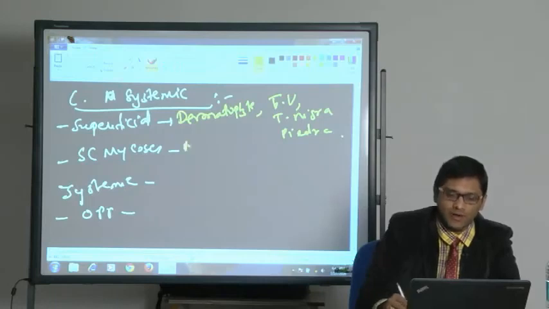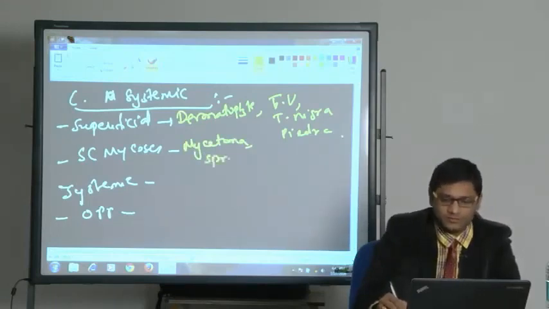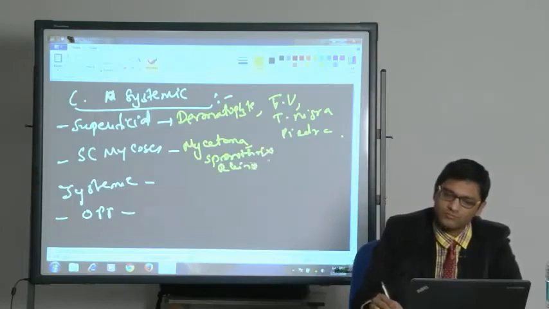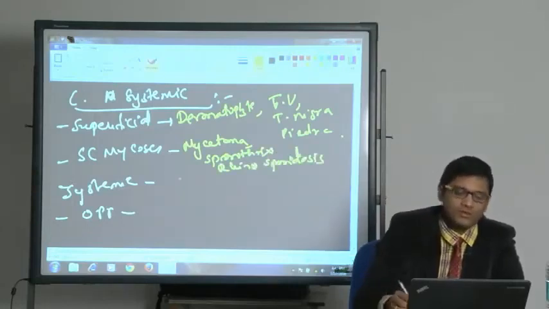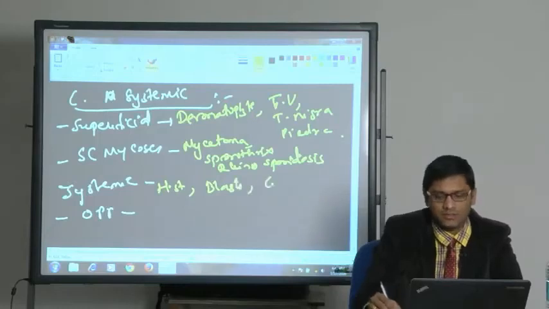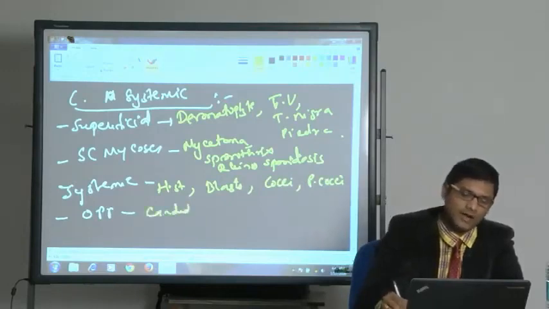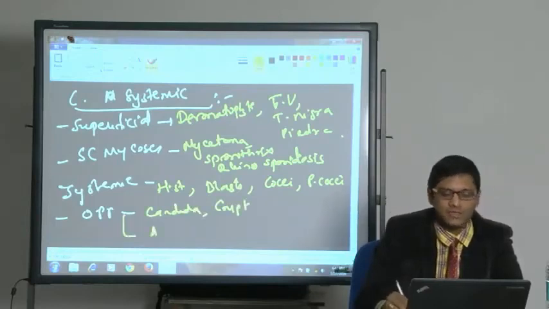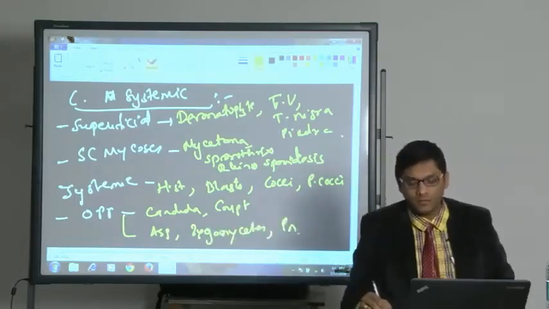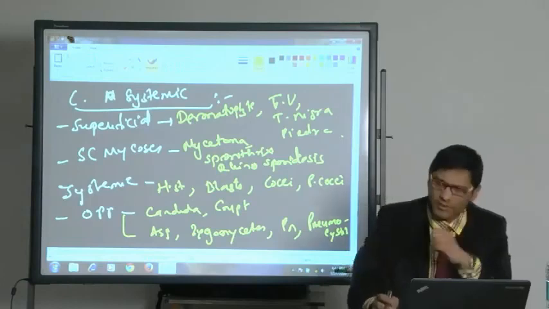Subcutaneous mycosis, you have mycetoma, then Sporothrix and Rhinosporidiosis. Systemic mycosis, all four dimorphic fungi: Histoplasma, Blastomyces, Coccidioides and Paracoccidioides. Opportunistic mycosis, Candida and Crypto. Other than that, Aspergillus, Zygomycetes, Penicillium, Pneumocystis, all these are examples of